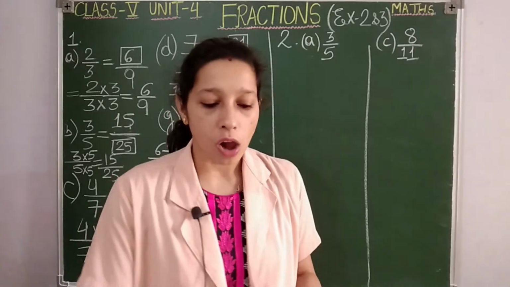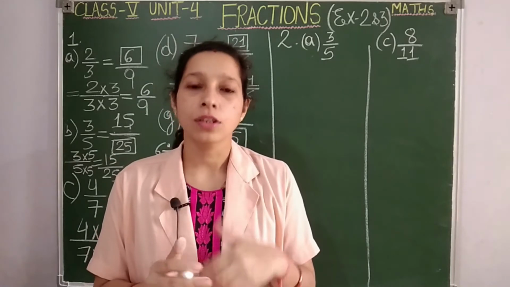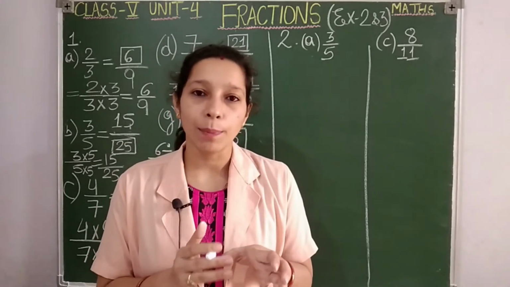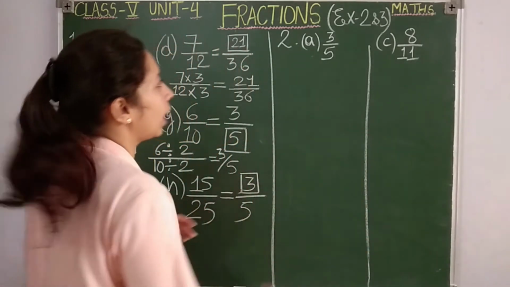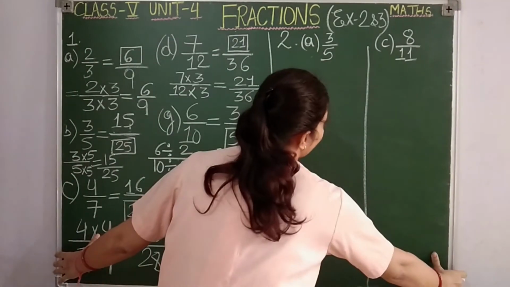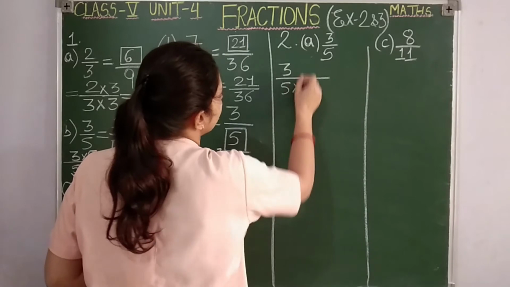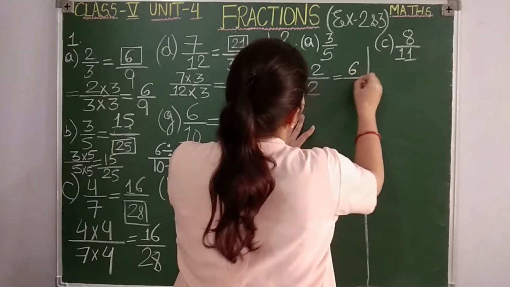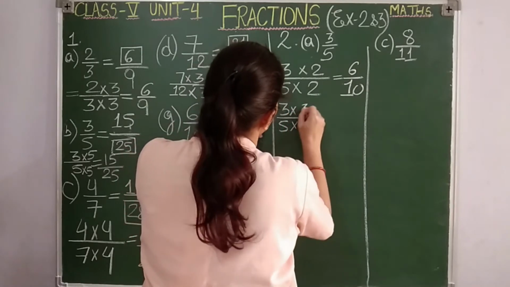Very simple, students. Always remember, in the question you will be given a fraction and you will be asked to find its equivalent fractions. What you have to do is simply multiply the numerator and denominator by the same multiple. Let us see. Here I have to give the first 5 equivalent fractions for 3 by 5. Look what I will do. I will take this 3 by 5 and multiply it with 2. 3 2s are 6, 5 2s are 10.